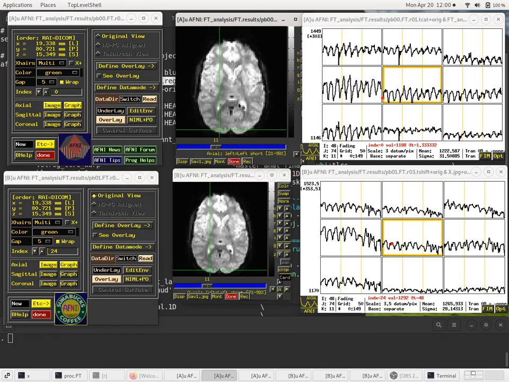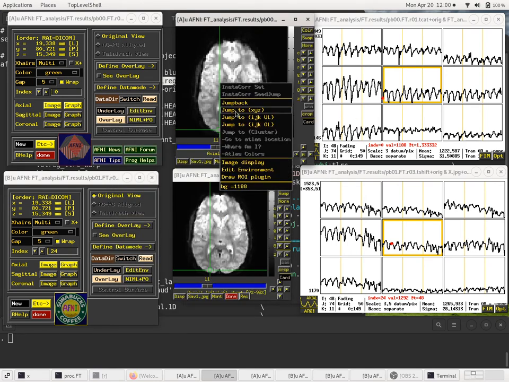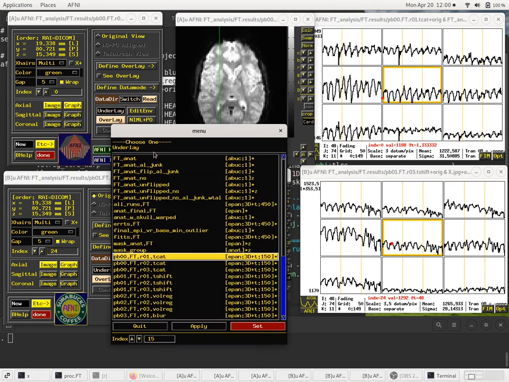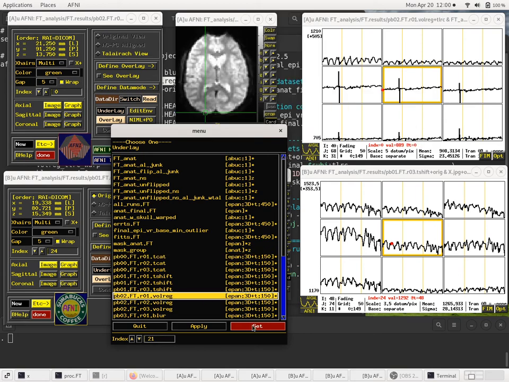Okay, so just to start where we're supposed to start, if we switch our underlay now to run 1 volreg, processing block 2, run 1 volreg,